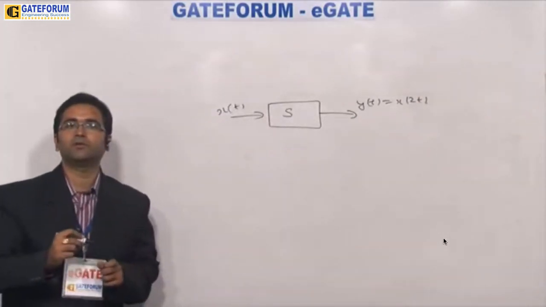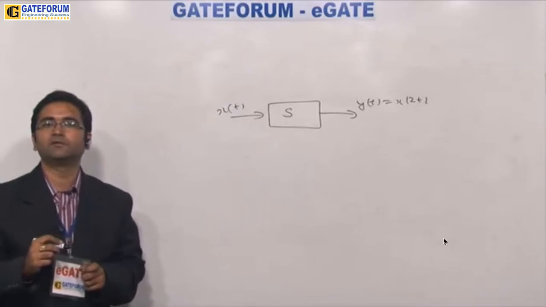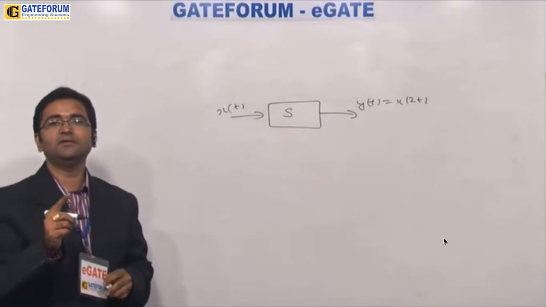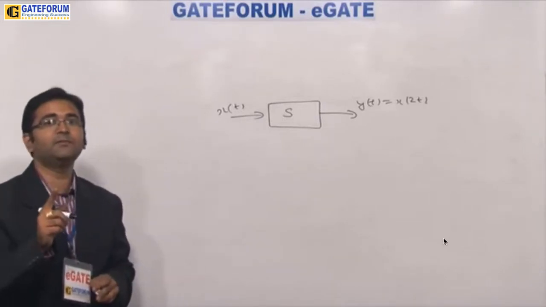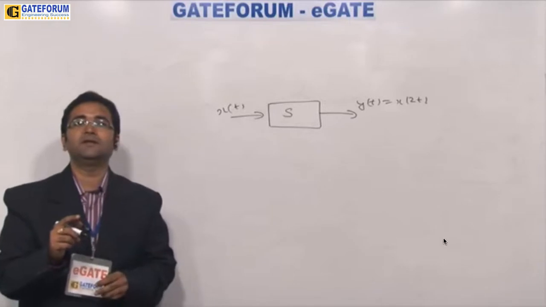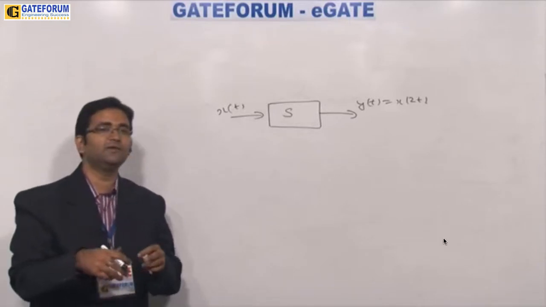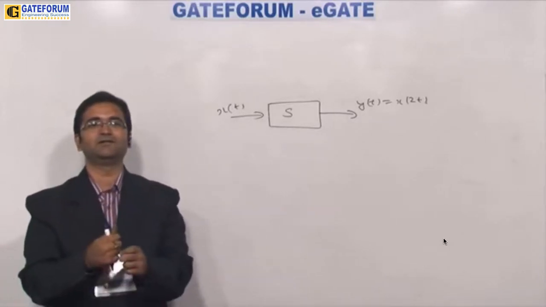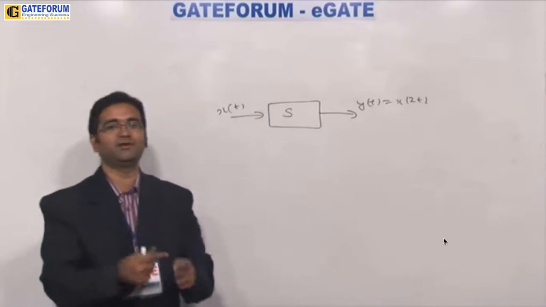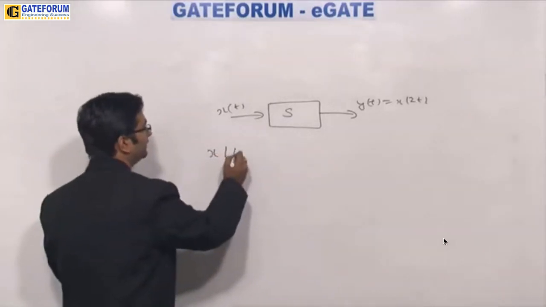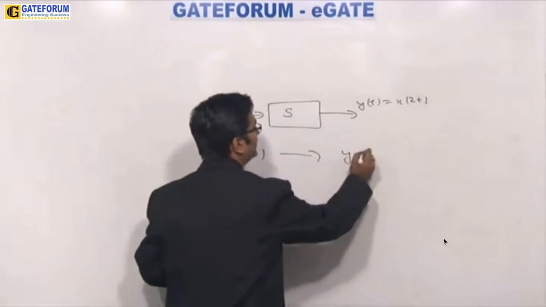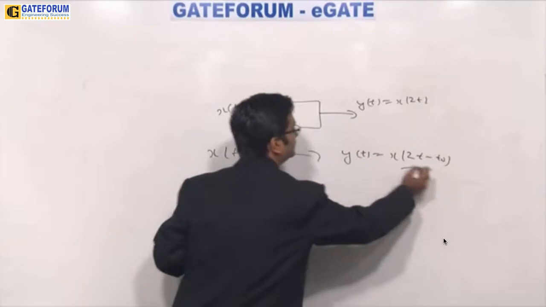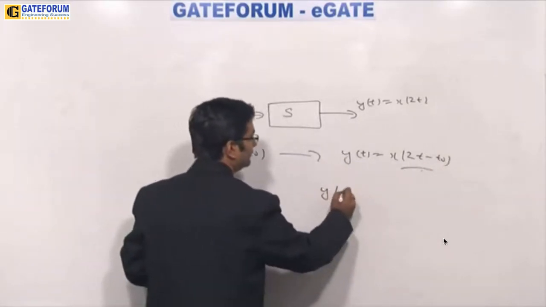The reason I told the two statements are contradictory is because while calculating s of v we did scaling first. No, actually, we did scaling first, and then we did shifting, that is right. Whatever you are saying, that is, we have to shift it by t plus 2 by 3 in xt. But in checking the time invariance property, the first thing is you have to shift the input. Okay, not scale it. So first you have to shift it, and then you have to scale it. So once you shift this x by t minus t naught, output yt will be x of 2 of t minus t naught. But if you shift yt,